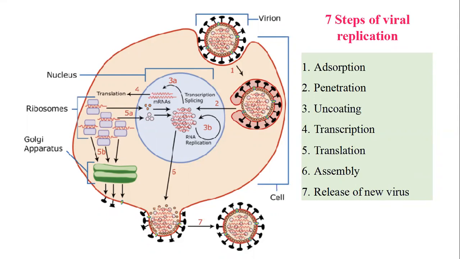All the animal viruses mostly follow these steps: adsorption, penetration, uncoating, transcription, translation, assembly, and release of the new virus. So these 7 steps can be targeted